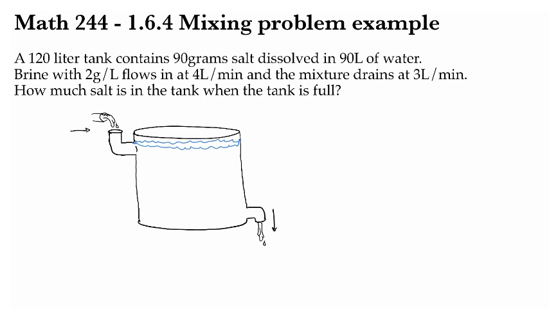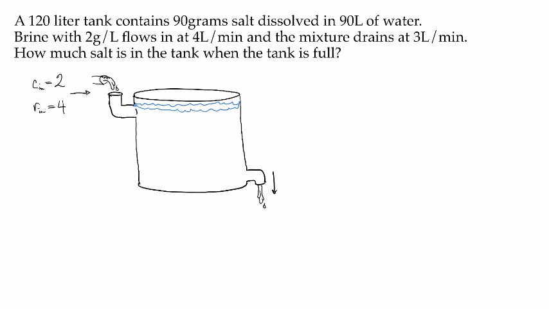All right, so classic mixing problem. Let's set it up. First I'll annotate my diagram with what we have. The concentration of the incoming is 2 grams per liter. The rate of the incoming is 4 liters per minute. The rate of the outgoing is 3, and the concentration of the outgoing is going to be x over v, where